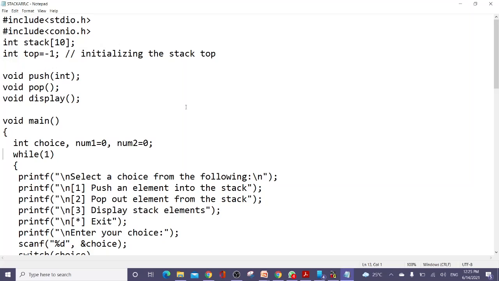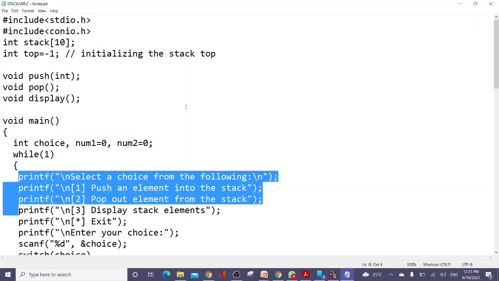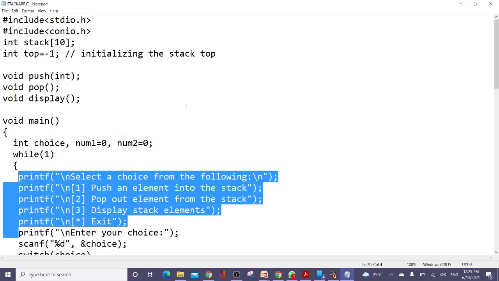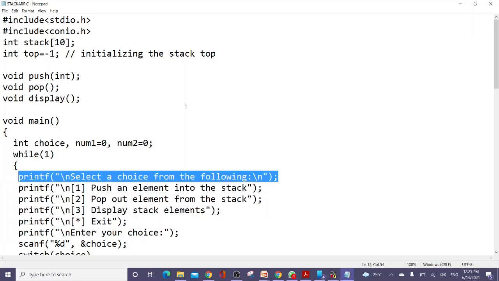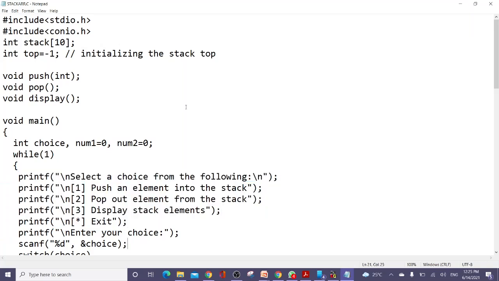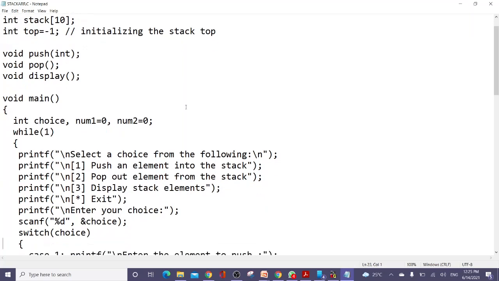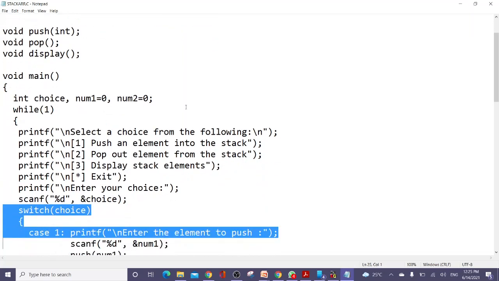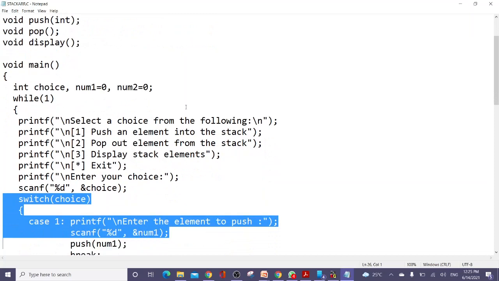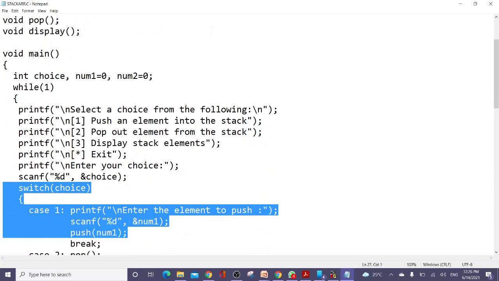And 3 variables I'm using: choice, num1, num2, and you're displaying the message, 1 for pushing of the element, 2 for popping out, 3 for display. Anything other than 1, 2, 3 is exit. Enter your choice. You're asking for the choice, and once the choice is entered, you can switch based on this choice. If choice is 1, you take the element to be pushed and call the push function.